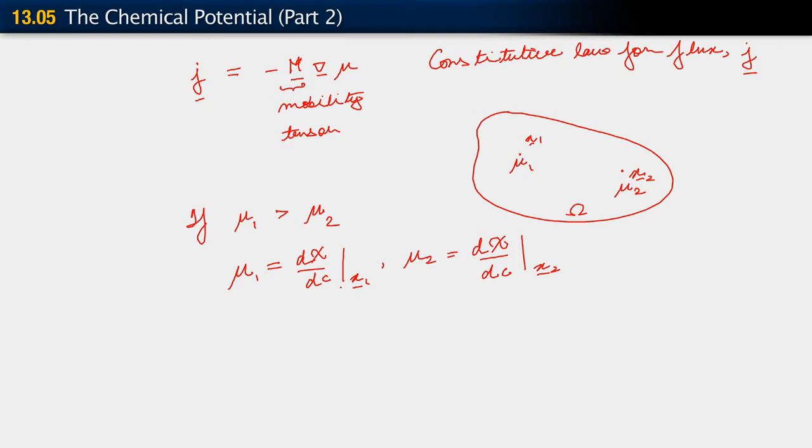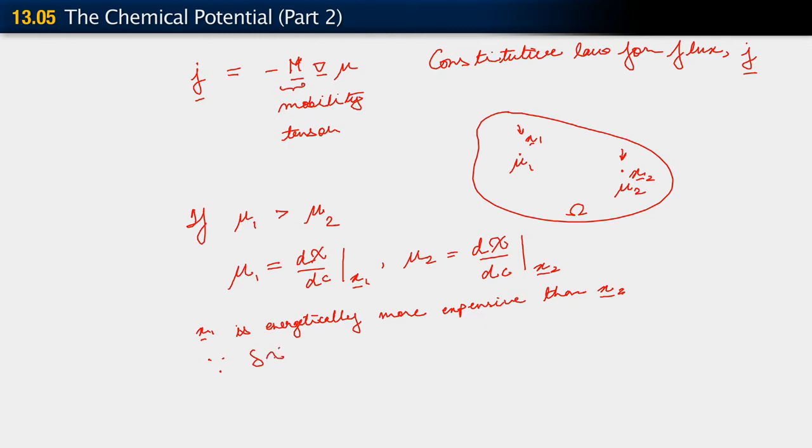What if mu1 is greater than mu2? It says that for every little bit of material that we add at the point x1, the free energy change is greater than if we add the same amount of concentration at the point x2. So in some sense, this says that the point x1 is energetically more expensive than x2 because